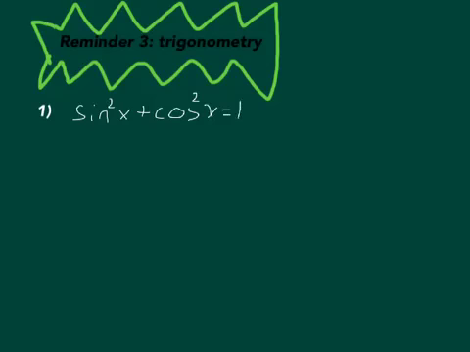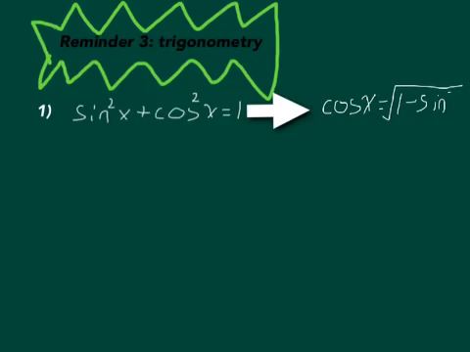Okay, and from here we get that cosine of x equals the square root of 1 minus sine x squared. Yeah, this is sometimes useful. This one is very useful for the questions we're about to do. Okay, the next reminder